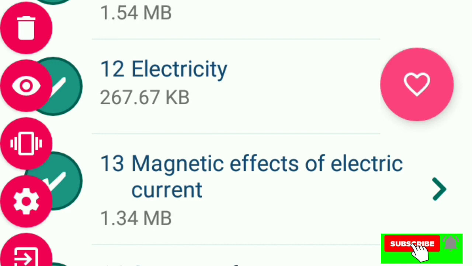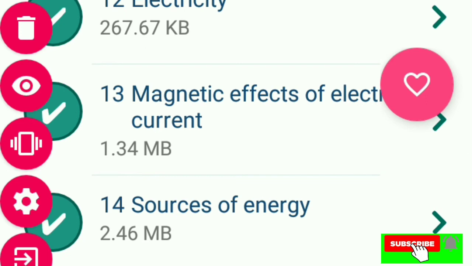Sources of energy: what are the sources of energy? You will see various sources. The Sun is the ultimate source of energy, and also tidal energy, hydro energy. You can see the hydrothermal power station. They show how energy is produced through windmills. There is a windmill. Have you seen the